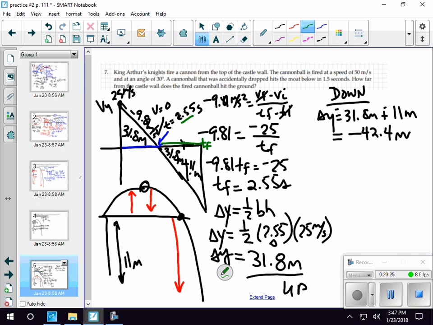and that TI is 2.55, and we could subtract them, TF minus 2.55, but that is going to lead you smack dab into the middle of a quadratic. So that is something that I personally would like to avoid. I don't like doing that. So what I do is I make a little trick and I pretend that I'm going to start over right there, and I'm going to figure out my time from the peak of